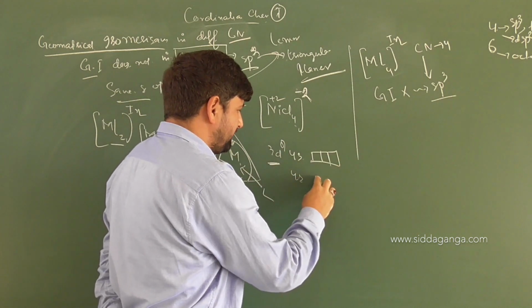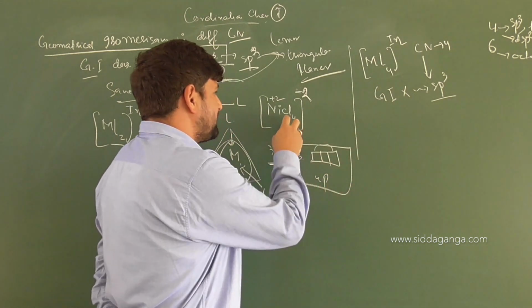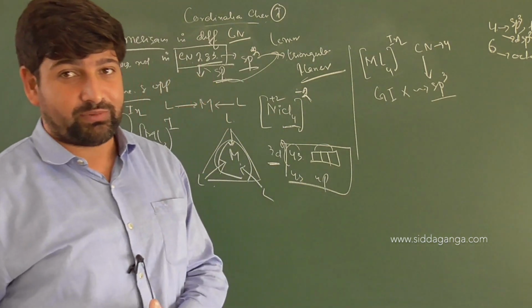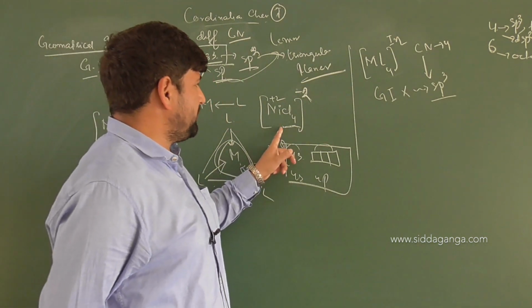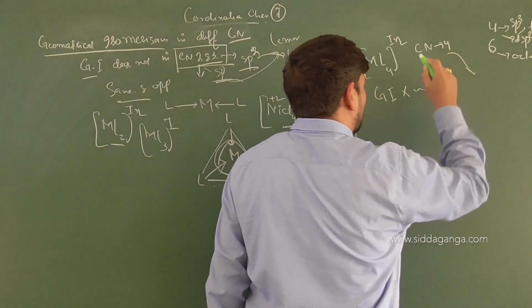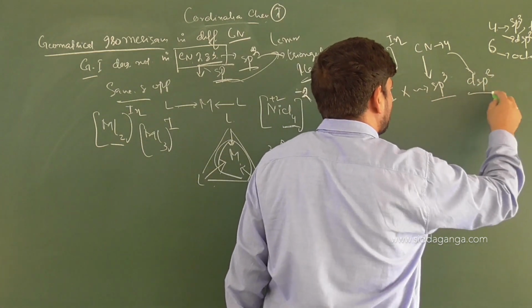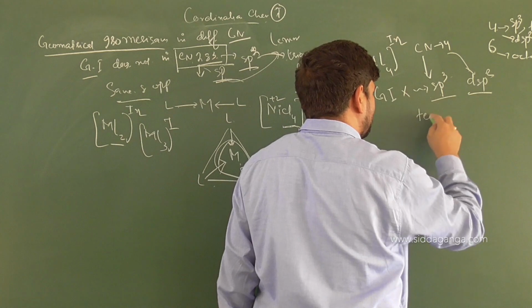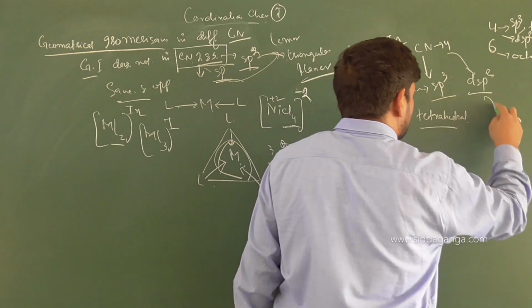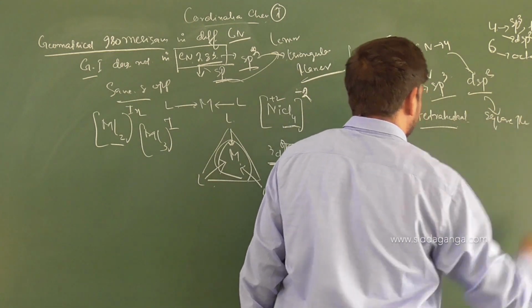So 4s and 4p, these are 3 p orbitals and 1 s orbital. They can overlap and result in the formation of how many bonds? 4 bonds. I'm not talking about VBT now. I'm not talking about crystal field theory. General concept: 4 bonds made. When there are 4 bonds made, then there are 2 possible hybridizations. One is sp3 and one is dsp2. With sp3 hybridization, the geometry is tetrahedral, and with dsp2, it is square planar.